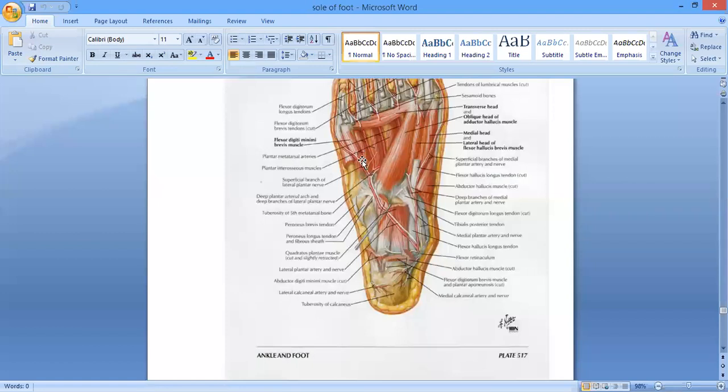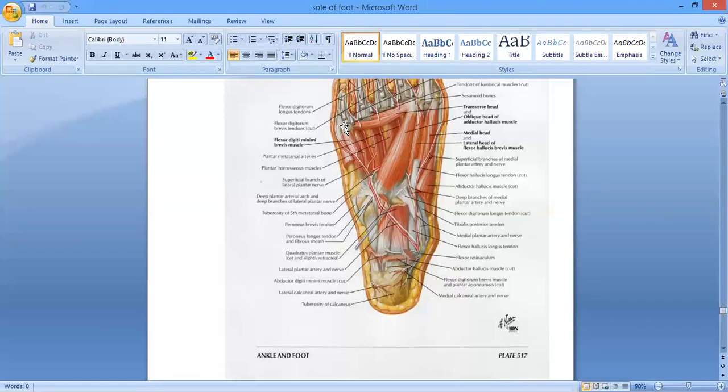Again, its nerve supply is coming from here. You can see this is the lateral plantar nerve coming downward, and it's going to give here the superficial branch. So this superficial branch is going to supply that muscle. So it is supplied by the superficial branch of the lateral plantar nerve. Clear? And its action क्या होगा जी? Again, it flexes the little toe at the metatarsophalangeal joint. Clear? It's going to cross that joint. है? एक ही joint cross कर रहा है. ये metatarsophalangeal joint cross कर रहा है. So it's going to flex the metatarsophalangeal joint of the little toe.